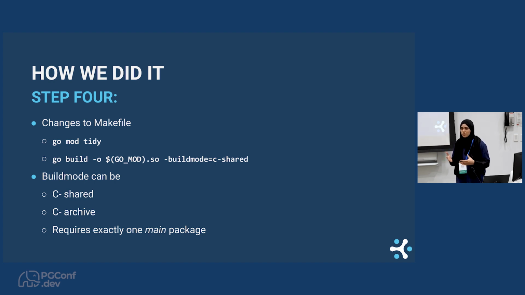Anything that you want to do in Go has to be called in C. So it will be just one main package, and anything that the main function calls from another package can be built, but you cannot have any package which can be directly called from C code. So that's the important part.